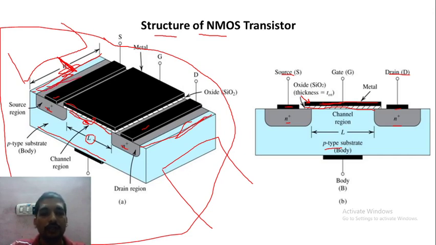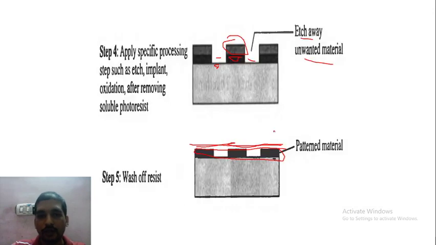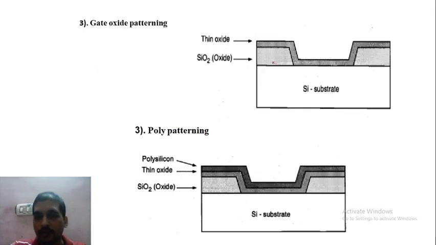Now thin oxidation is done in the middle region for the channel. So again the same type of step will be followed. That means now over this thick oxide, over the entire wafer, this thin oxide is grown. Then over this again we will take the same step, that means photoresist development, then etching of the portions, and finally we get only this much of the thin oxide, wherever we want it.